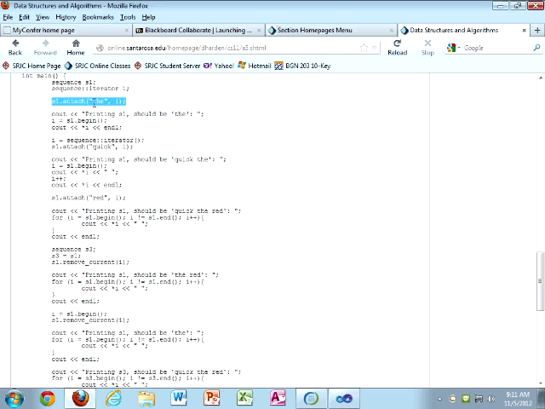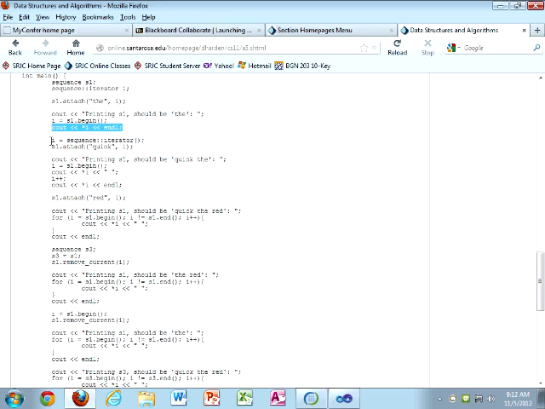Okay? So I've actually explained that in the code up above. So maybe I'm doing things in the wrong order here. I'm not sure, but then I set i equal to s1.begin. So now i is pointing at the first item in the container, and then I cout the first item in the container, just to make sure that it's the